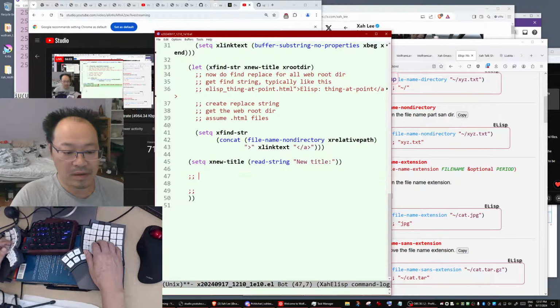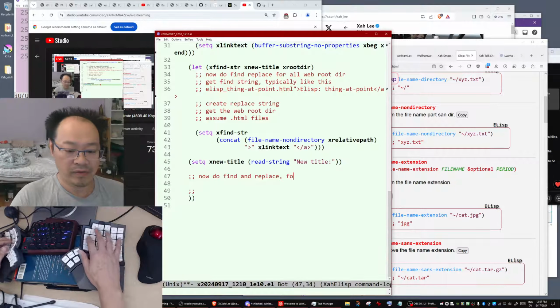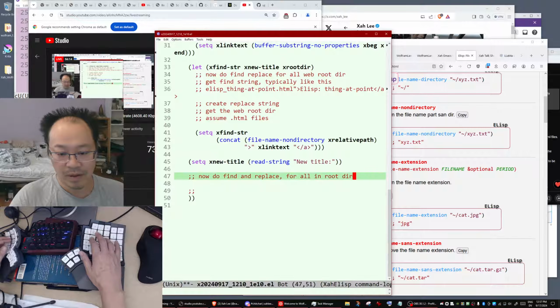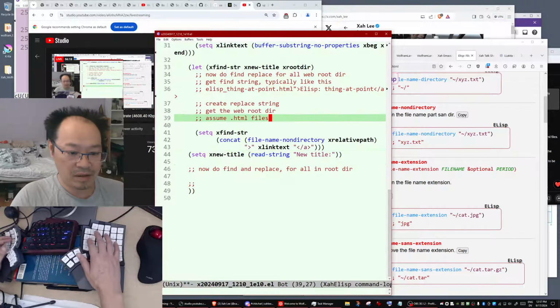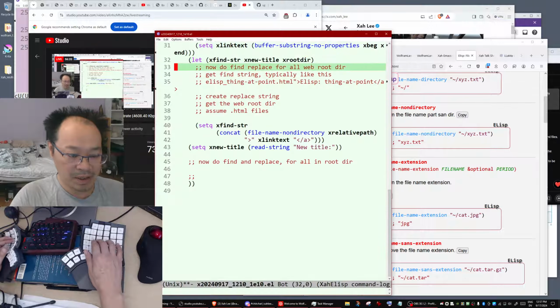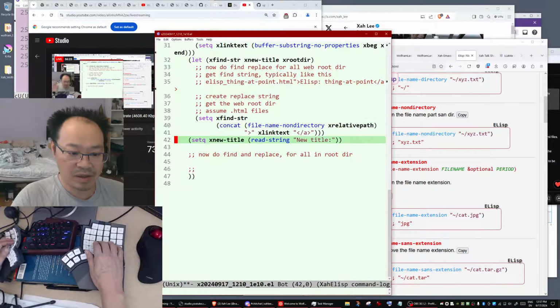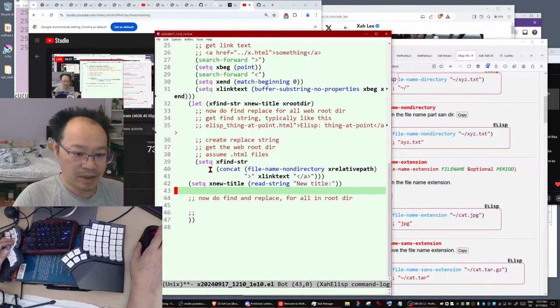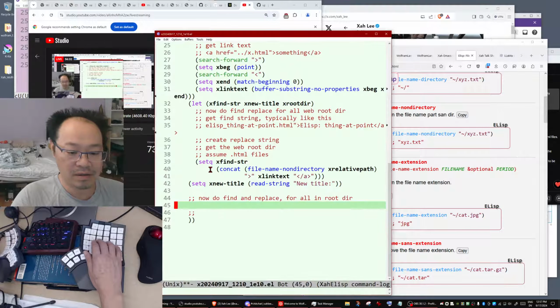Then you now do find and replace for all in root. So far so good, but let's test our code. When you code Emacs Lisp, you can always test as you go. For example, right now we can print the find string and print the new title.